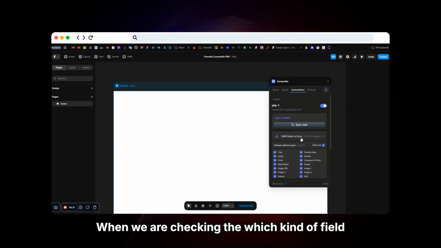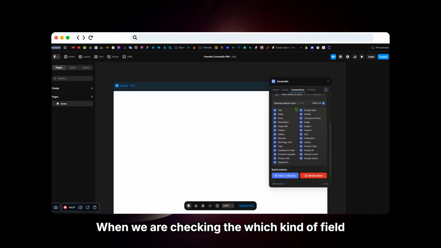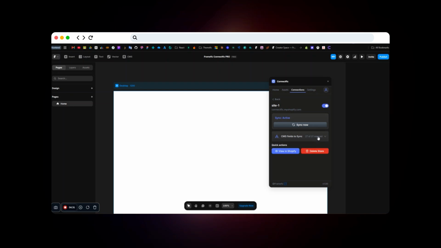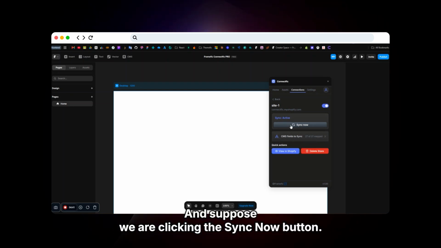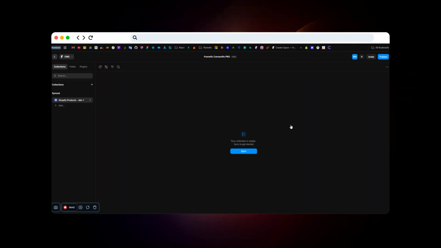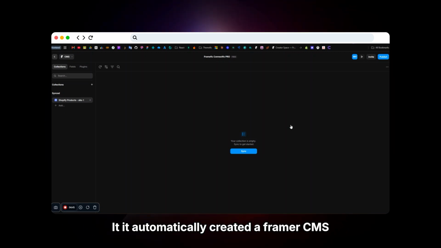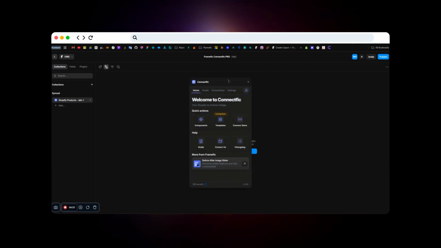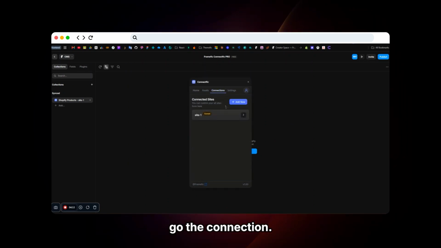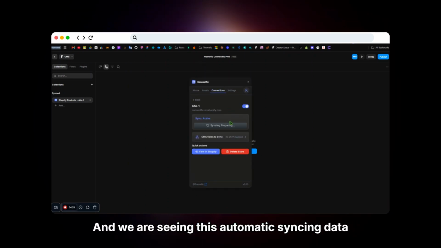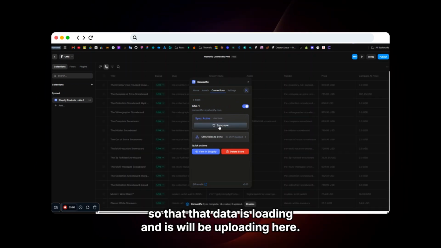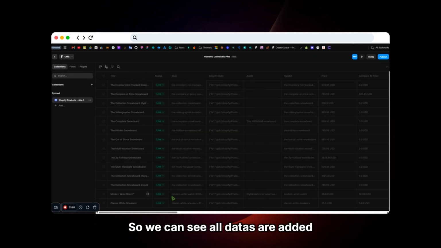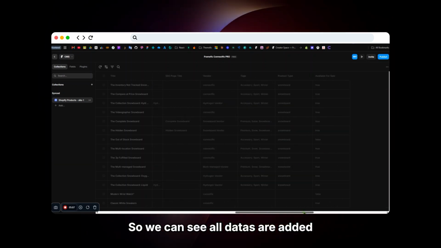When we check which fields we are syncing with Shopify, we can select them there. Suppose we click the sync now button, it automatically creates a Framer CMS, and when clicking sync, it goes through the connection, and we see this automatic syncing of data. So that data is loading and will be uploaded here. So we can see all data are added